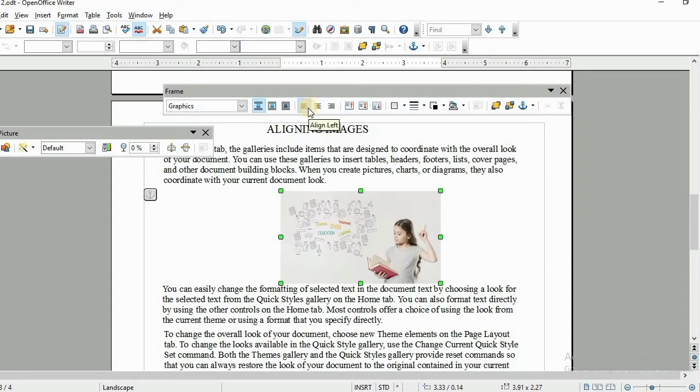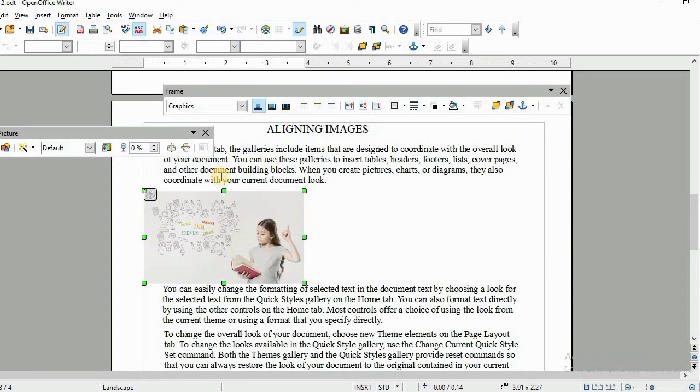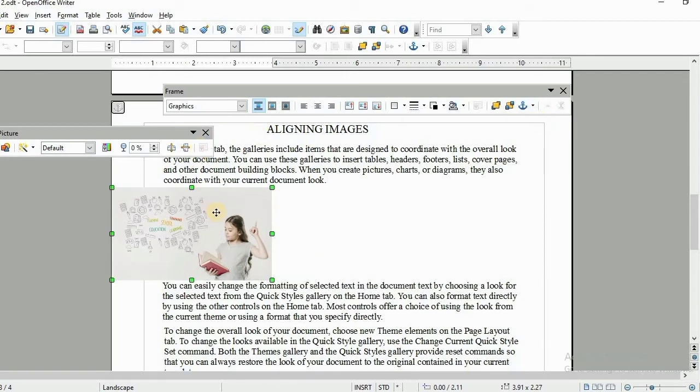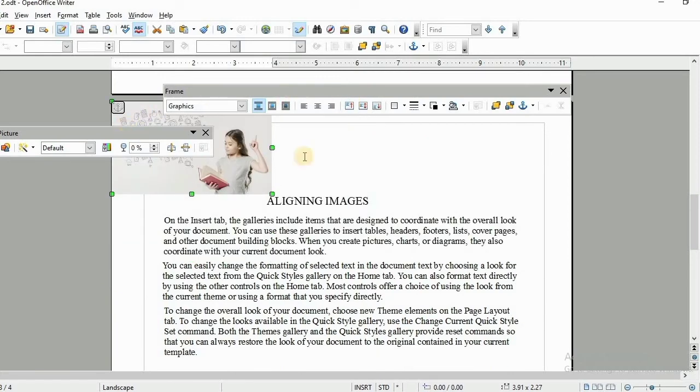Now I am selecting left. You can see left alignment apply according to paragraph. See, because here paragraph is selected. If I select here to page, you can see now my picture set according to page. When I will select top option, see picture appears at top of page.